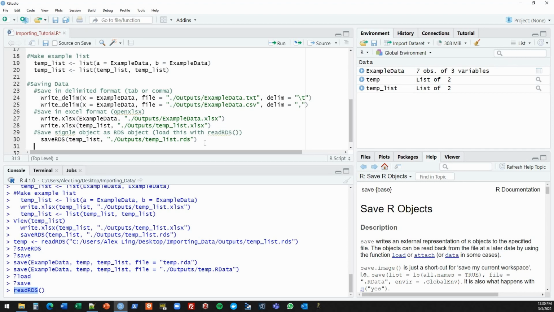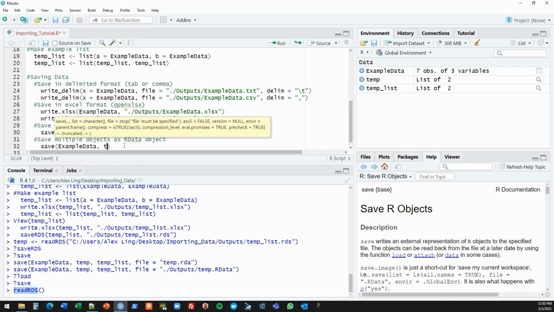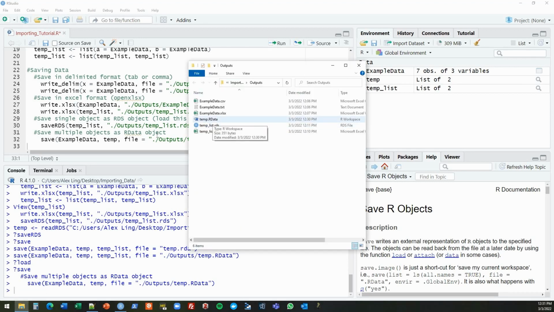If you want to save multiple objects as an R data object, you're just going to use the function save. And here, if we want to save example, data, and temp, we'll just put those both in, and then we have to specify the file we're going to, so we'll do ./outputs, and we'll do temp.rData. We'll run that. And if we go to our outputs folder, we'll now have a temp.rData file,